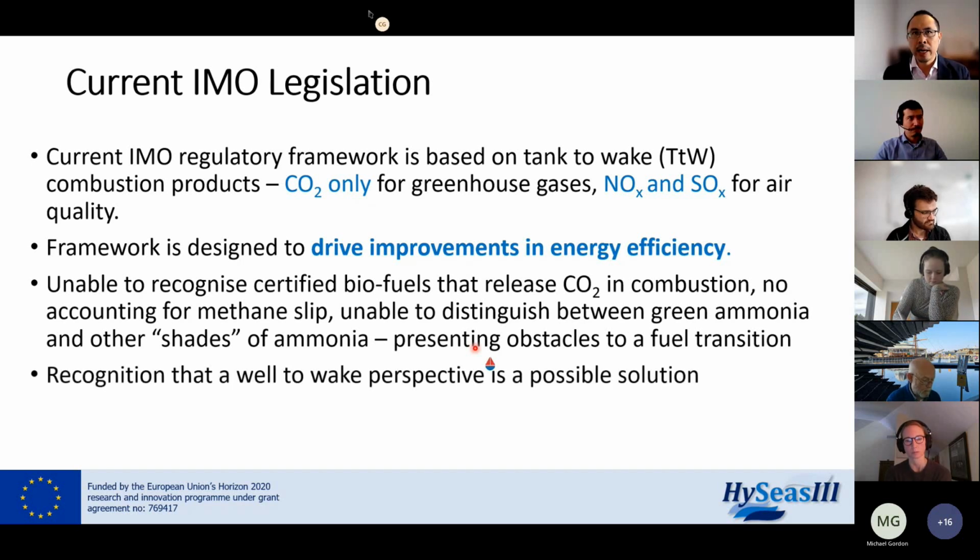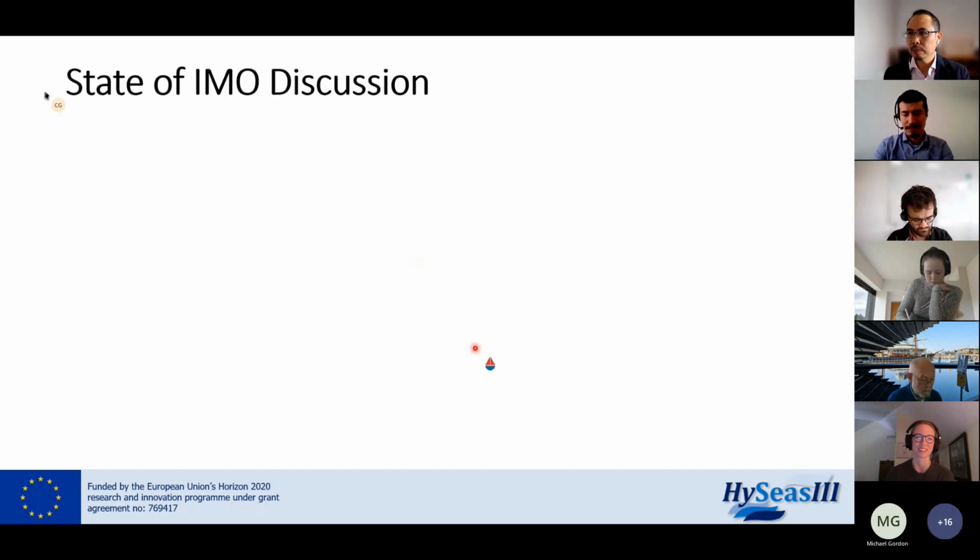And I think by and large, there's a recognition that the well-to-wake perspective is a possible solution, i.e. something with LCA, something that takes a wider account of what is actually going on in order to then have something to distinguish between what's a desirable fuel from a GHG perspective and what's perhaps a less good idea, and perhaps also for policymakers to incentivize the better fuels. Better being a little bit subjective, and it, again, depends on what impact category we're looking at. Now,